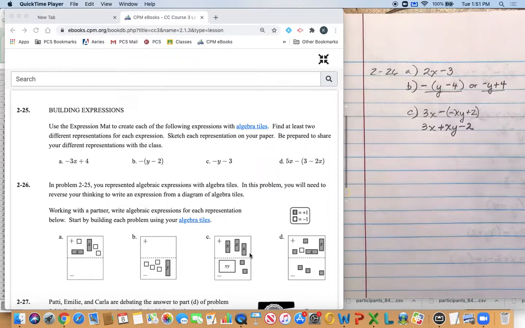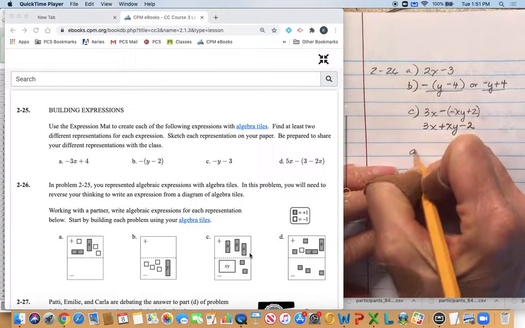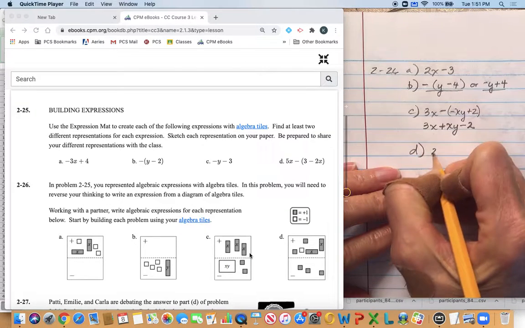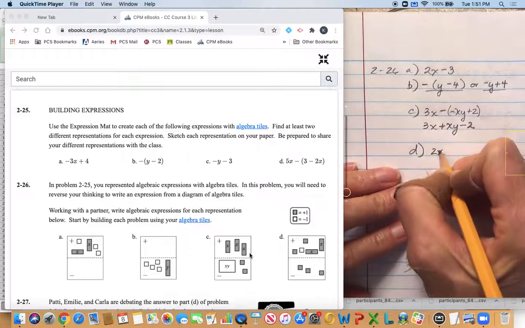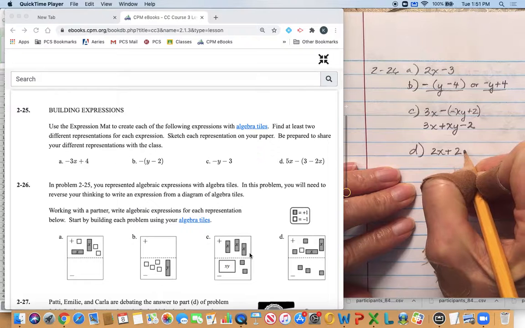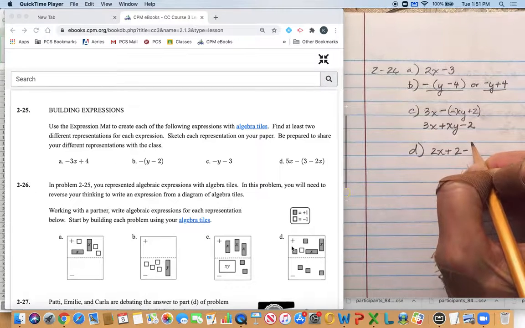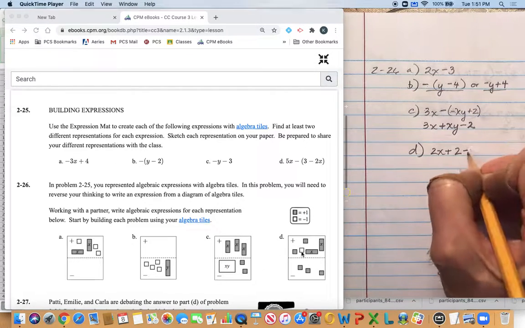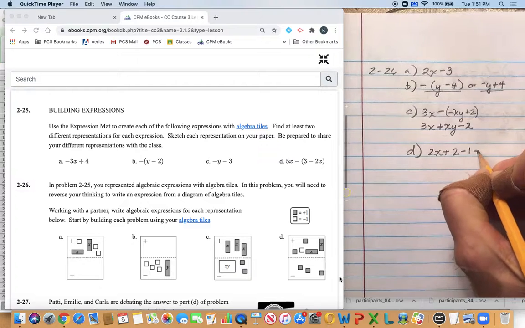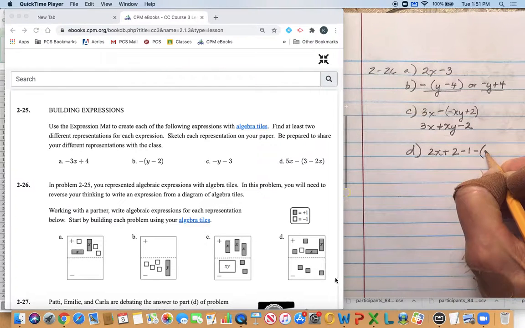All right, so let's look at D. For D, again, we look at the top and we see we've got 2 positive x's. We have 2 positive 1 tiles, and then we have 1 negative tile right here, so minus 1. And then we have whatever is in this negative area. So I'll put a negative sign, parentheses, and I see we've got 3 positives, so 3,